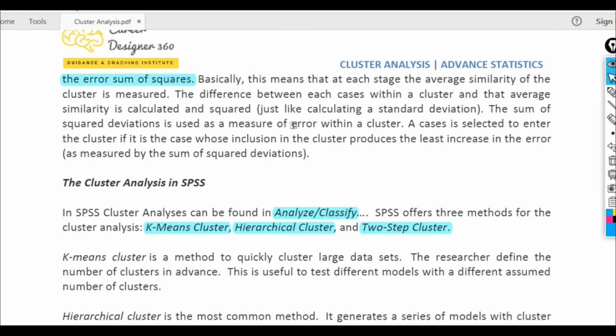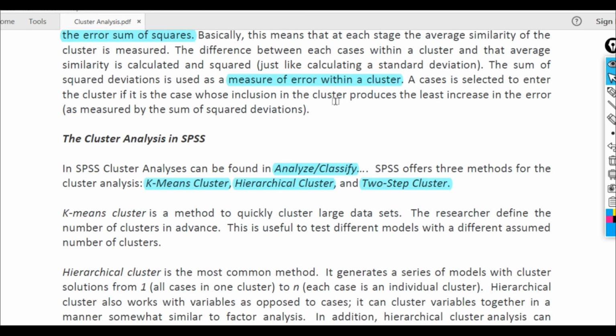Basically this means that at each stage the average similarity of the clusters is measured. The difference between each case within the cluster and the average similarity is calculated and squared. The sum of the squared deviations is used as a measure of error within the cluster. A case is selected to enter the cluster if its inclusion in the cluster produces the least increase in the error. So here what we can understand,